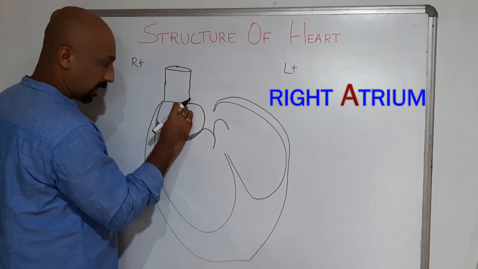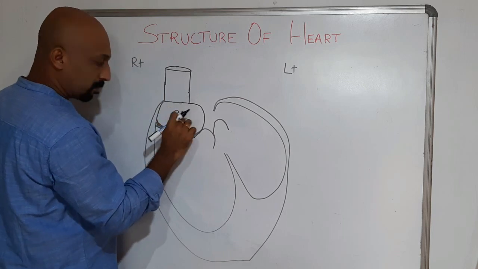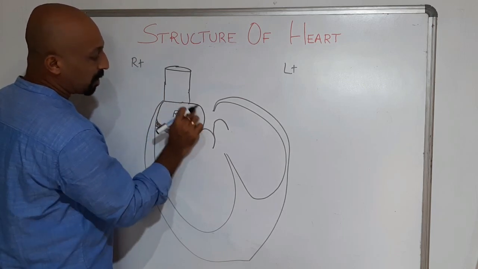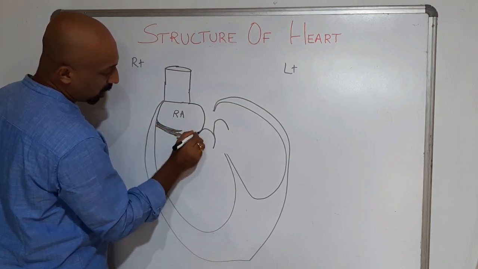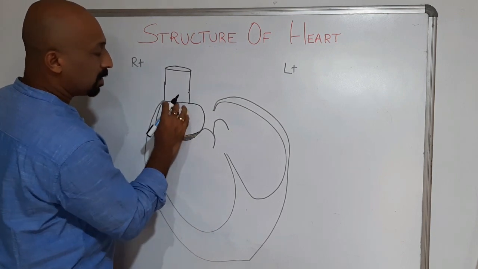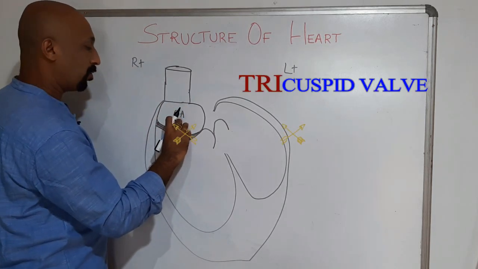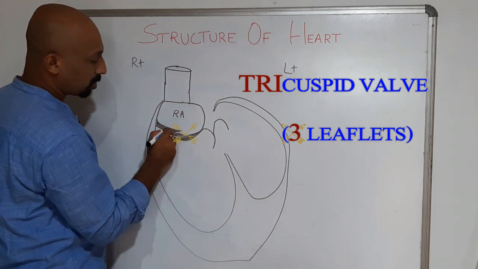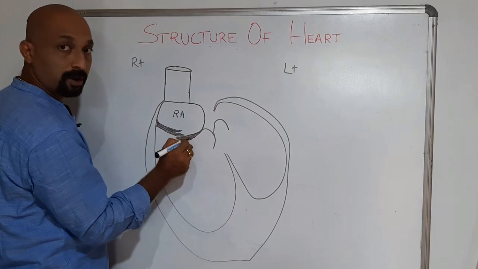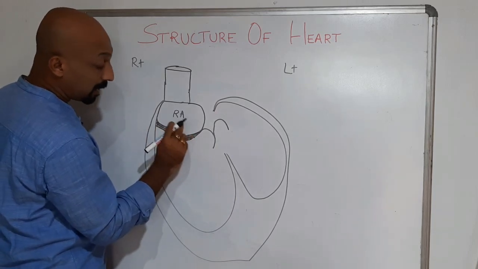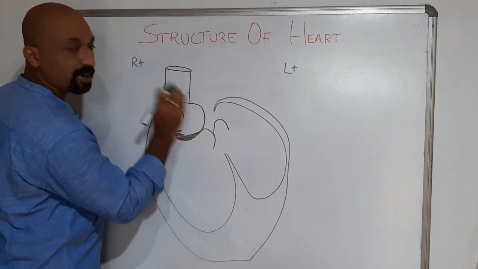Start with atrium A, start with alphabetic order A. So atrium is the word that comes over here, right atrium. In order to make a right atrium, I draw 3 structures like this and this. Why? Because in the right atrium, this valve is called the tricuspid valve. Tri means 3. So that's the reason I made it 3 cusps. Actually, there are 3 leaflets for the tricuspid valve. That is why I made it 3 cusps. So tricuspid valve. So this makes the chamber correct.